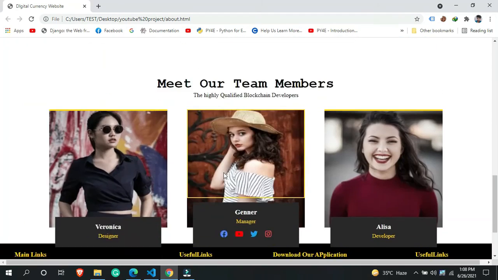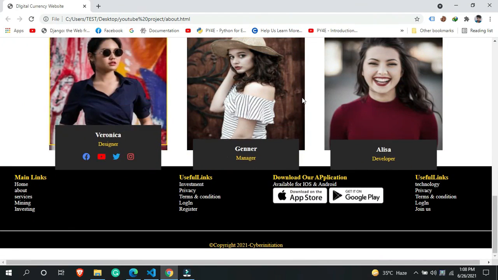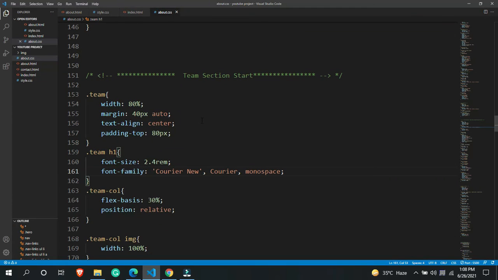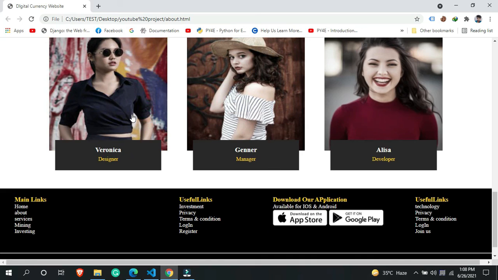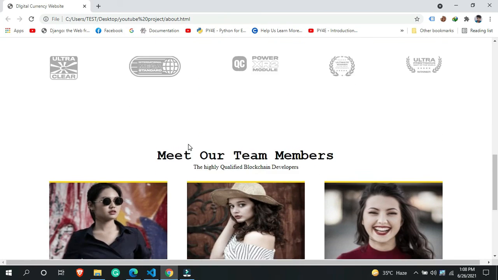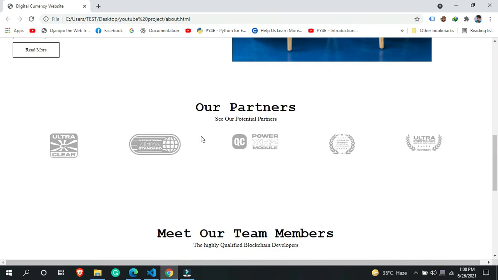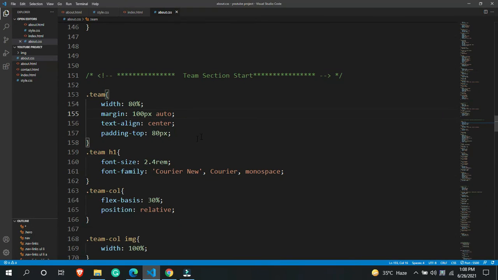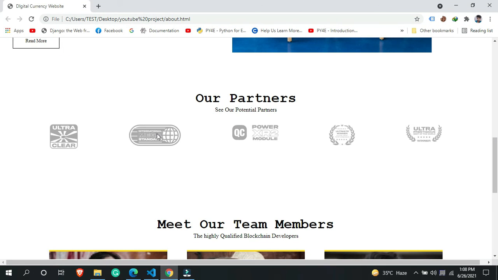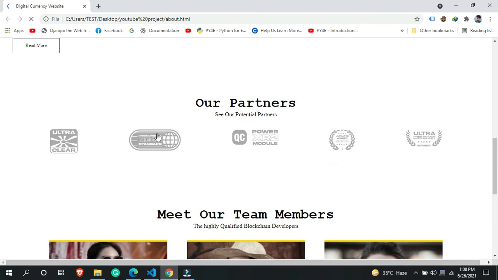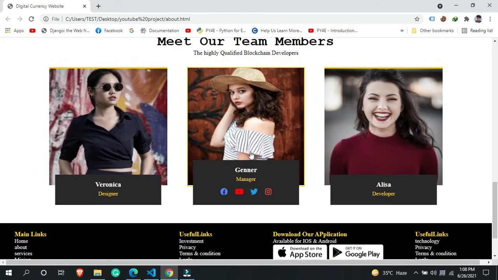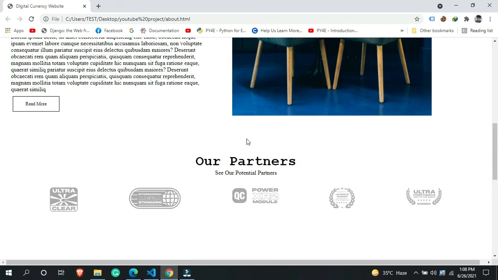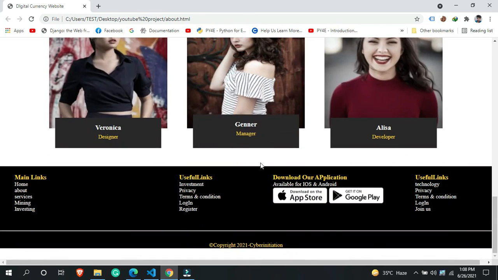And before going anywhere else, here you are seeing why this particular thing is looking like this. So let me add something. I wanted to give the margin around 100 pixels, which was totally fine because I wanted to change it. Okay, so yeah, we are getting all of these things very perfectly aligned. And let me remove it, around 40 pixels, and that's it. We completely removed it and this is totally fine, and this space is also looking fine.